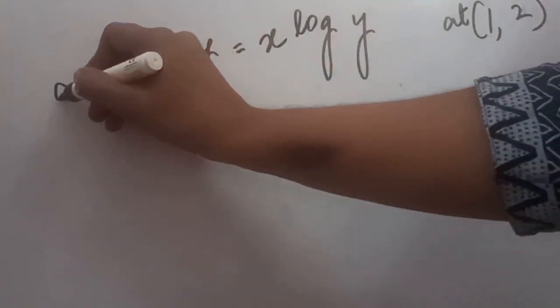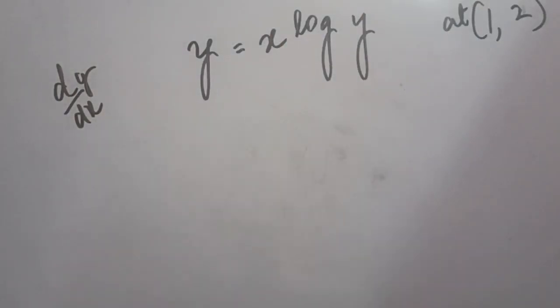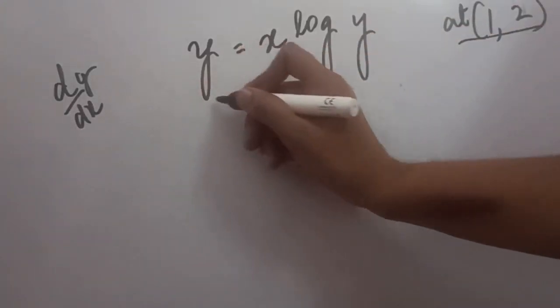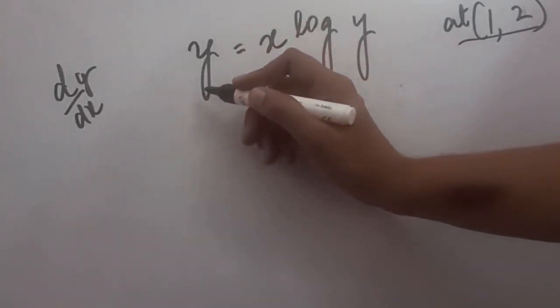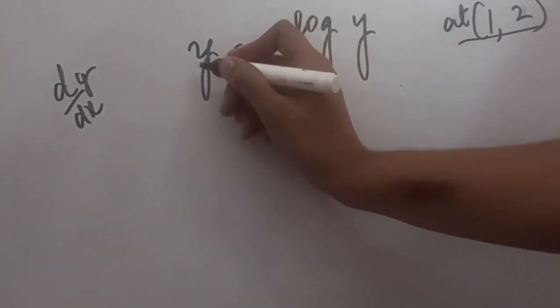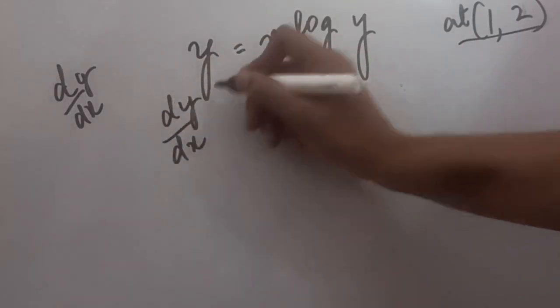This is another similar question. Here also it has been told that you have to take differentiation of y with respect to x. This you have to calculate at this. At this means x value is 1 and y's value is 2. So now what we will do is we will be just writing, differentiating both the sides with respect to x. So if you take the differentiation on the left hand side, of course I know you understand, now it will be dy upon dx, differentiation of y will be there.